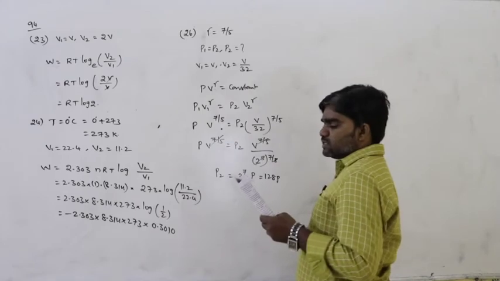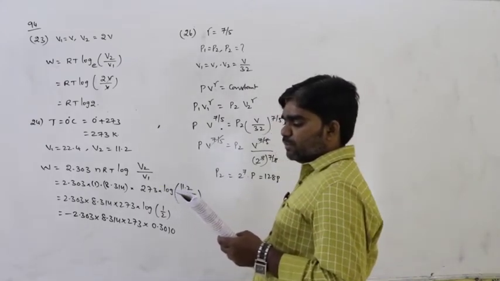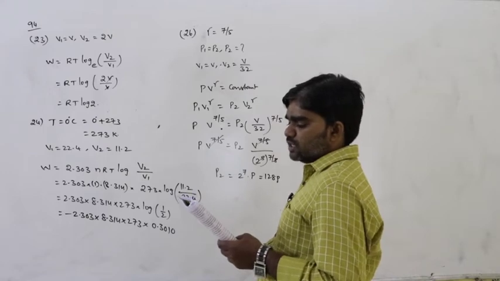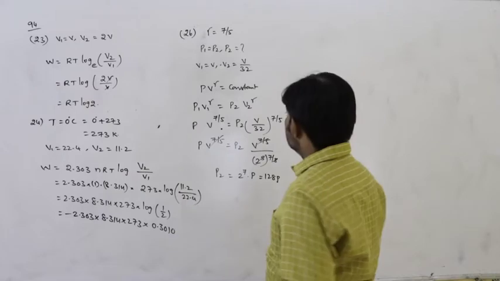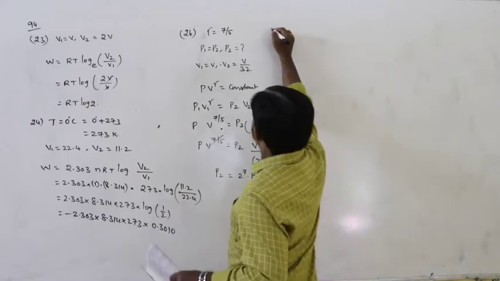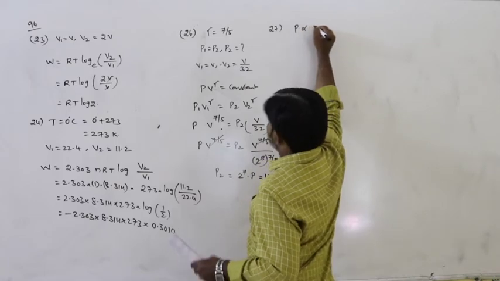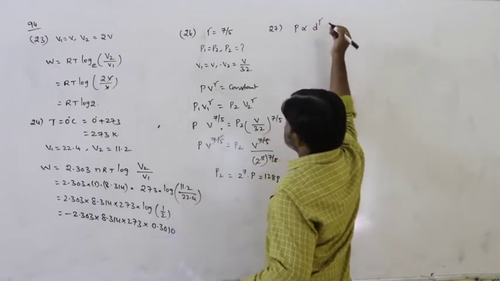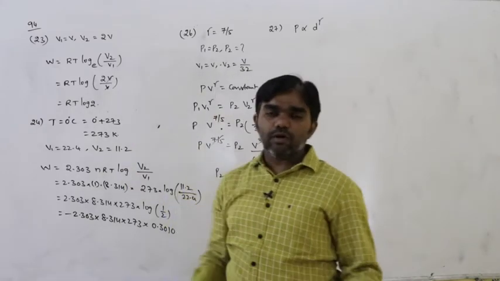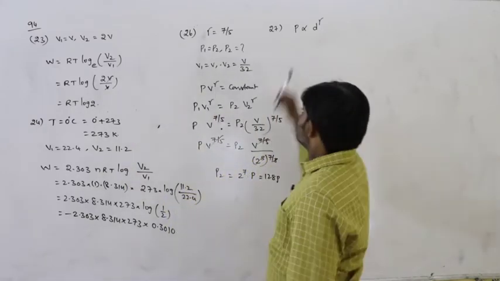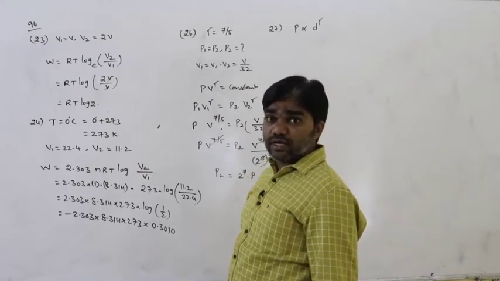The pressure and density of a diatomic gas change adiabatically from P, D to P dash, D dash. If D dash by D is equal to 32, then P dash by P is? This is the 27th question. What is the adiabatic relation between pressure and density? Previously we discussed rho as density, but in the problem it is given as D. So P is proportional to D power gamma, the variation of pressure and density.